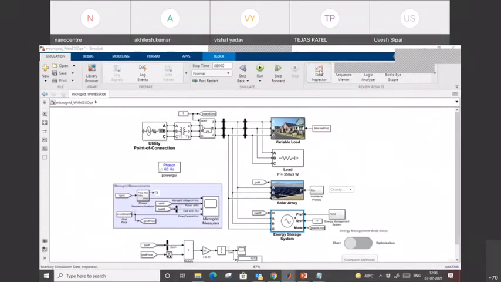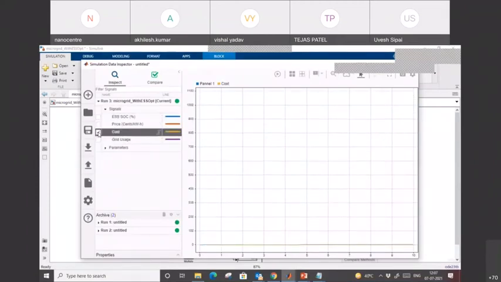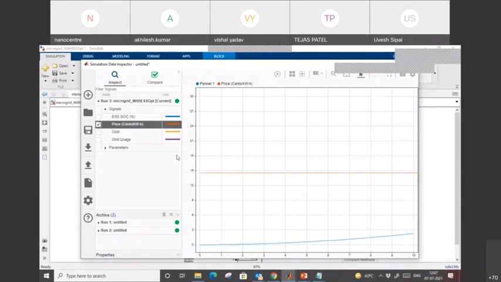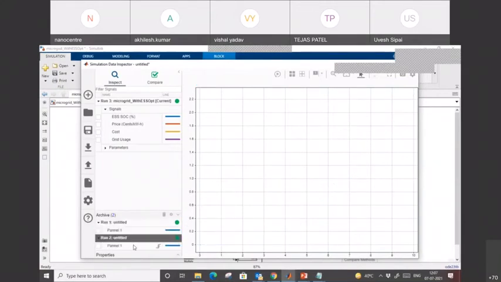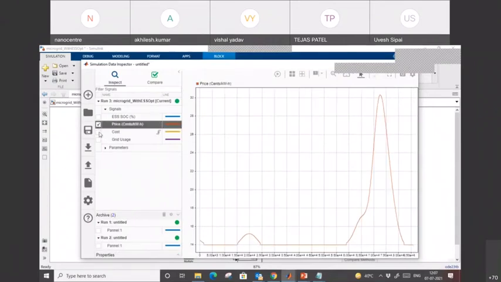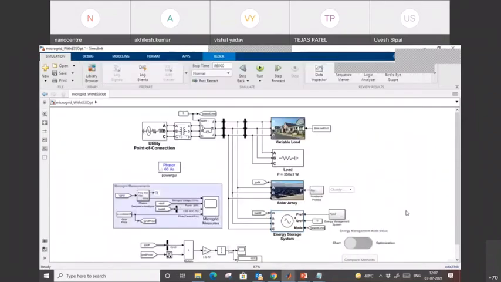Okay, let me go into the data inspector. And you see here the signals. Here we have the state of charge, we have the price, we have the cost. Right now, this price we can also visualize here. Something is ticked here, let me untick that. It is the previous run about the solar panel which we were comparing, remember? So I just untick that. And here is the price. This price which we see is per kilowatt hour, okay? And this is the total cost which we are comparing. This cost is without optimization in this case.